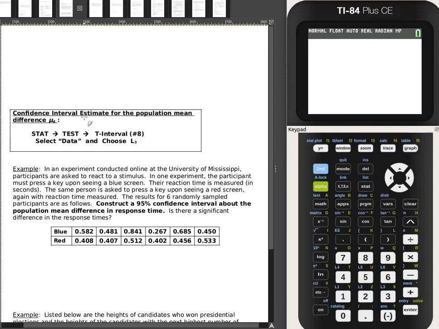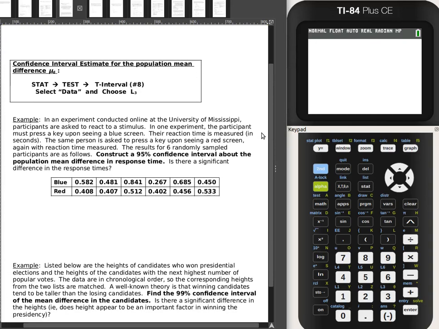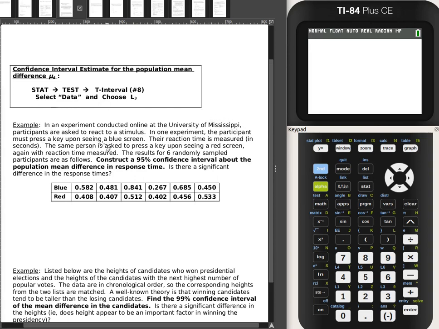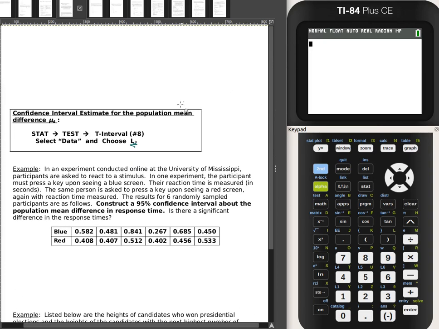Hello everyone, welcome back to the 11.2 class notes having to do with the matched pairs hypothesis testing for the population mean. In this case, we're going to be talking about, instead of doing the t-test using the differences, where we were doing L3 having the differences and then doing the t-test and coming up with the p-value, that's based on the test statistic, all of that stuff,